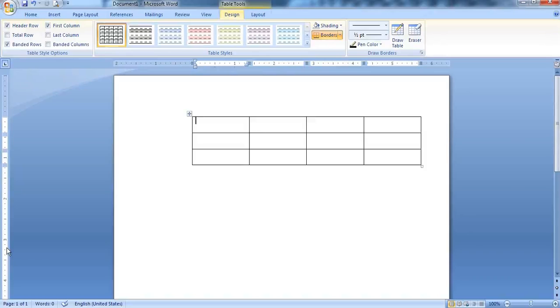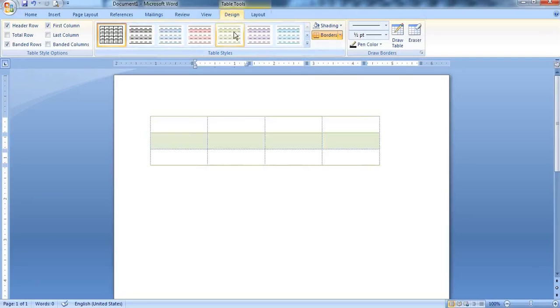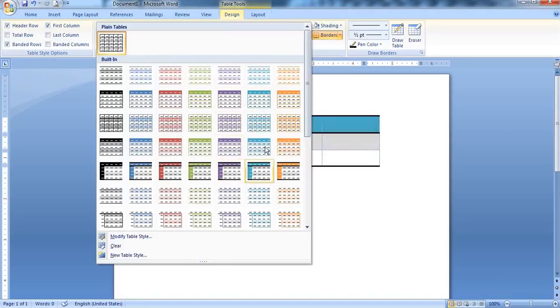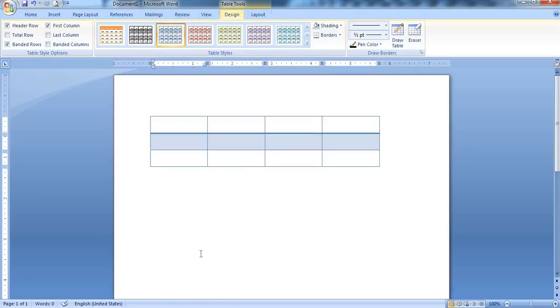Now you can edit the table with the help of various tools, like you can design it or give a different format to the table. So you can see the Design tab is here. Whenever you hover the mouse pointer over a particular kind of design, the table changes accordingly. Suppose I select this one, so accordingly the design is changed.